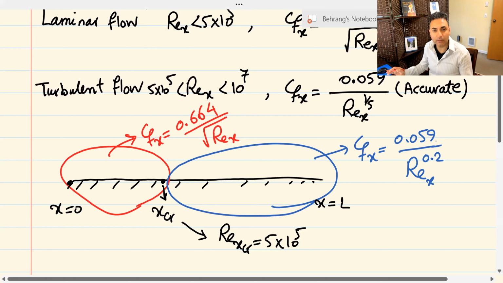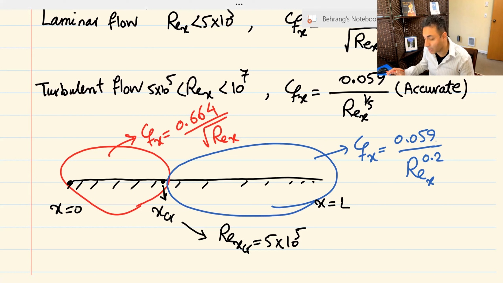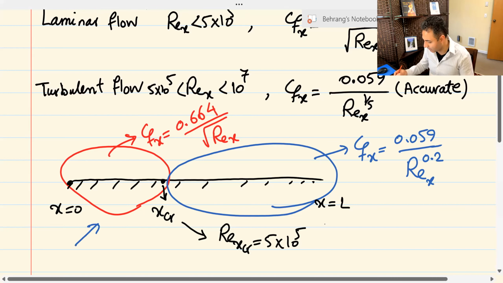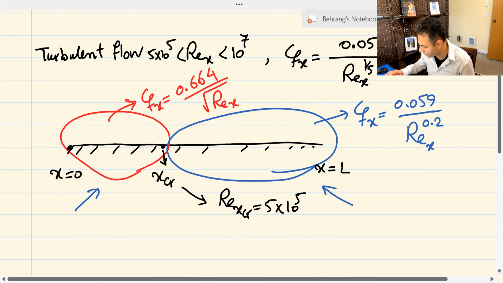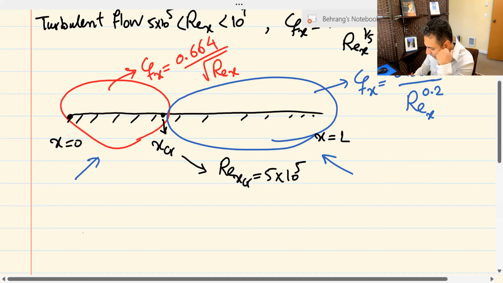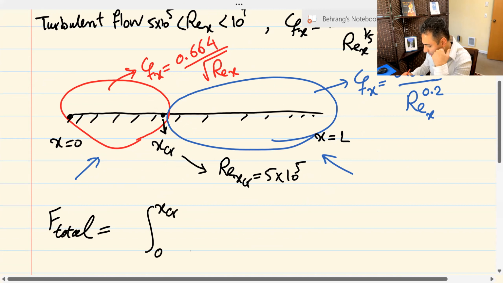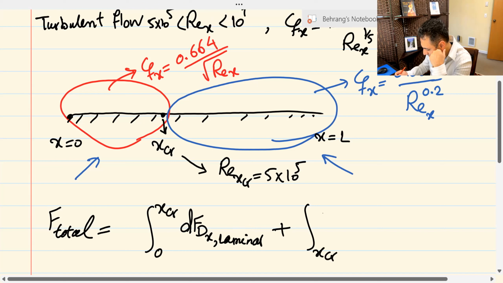Now, if somebody tells you, I need to calculate the total drag force, then what are you going to do? You have to take an integral with different equations of CFX in the laminar area and in the turbulent area to be able to calculate it. So eventually, if you are looking to calculate the total drag force on this thing, you will have to do something like this. The total drag force would be the integral from 0 to x critical of dF laminar, plus the integral from x critical to L of dF turbulent,